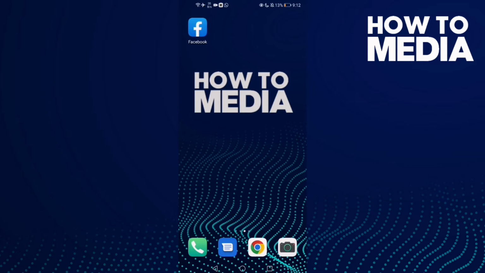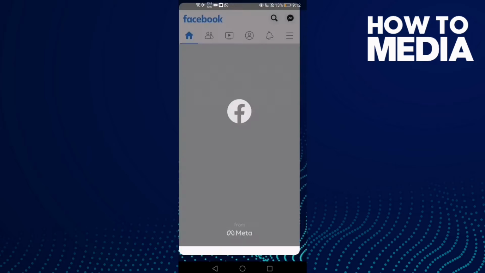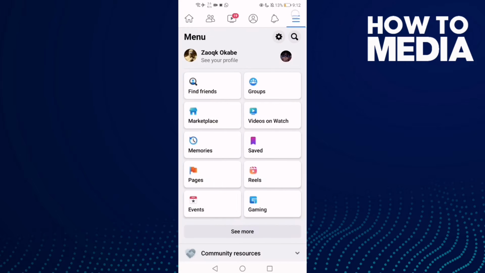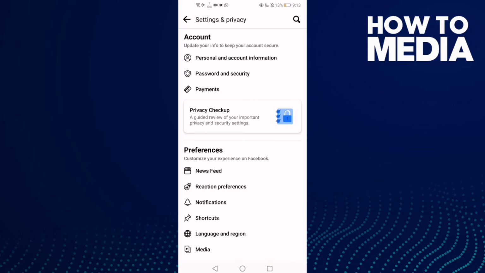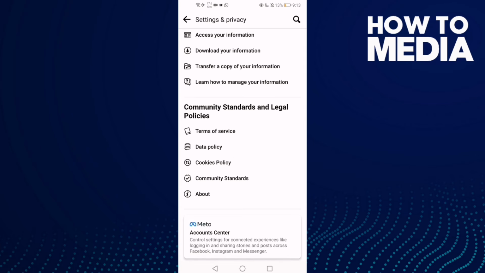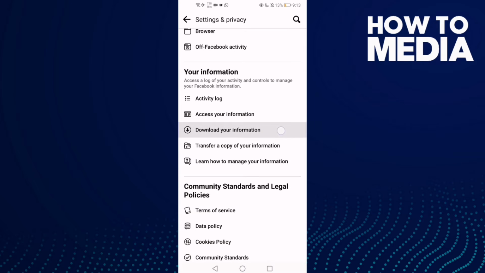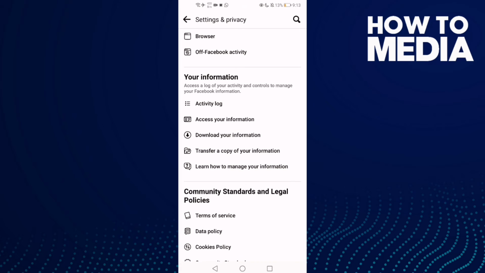First thing you're gonna do is go to Facebook and then click these three lines in the top corner and go down, click settings and privacy and then settings, and now just go down and here you will find this one. Download your information, click on it